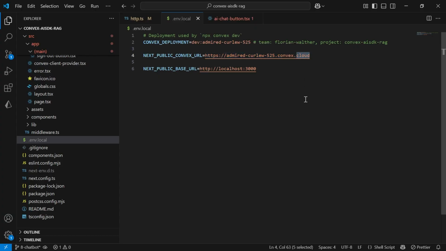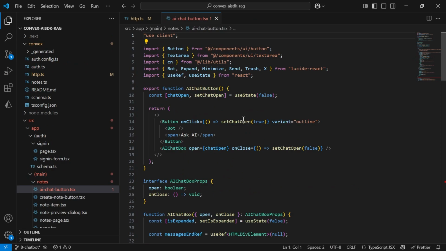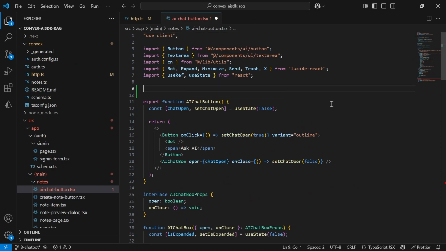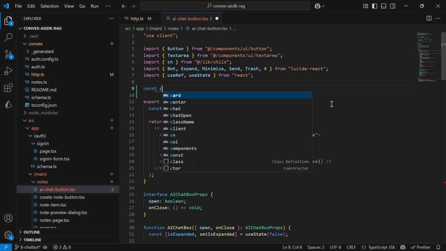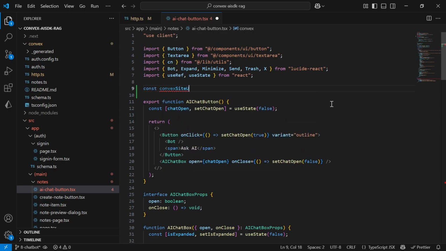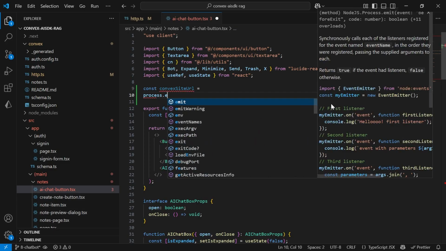Instead of .cloud, this should say .site, but we don't want to change it here. We need this one. We just copy the name of the environment variable, NEXT_PUBLIC_CONVEX_URL, back into the AI chat button, and then above the AI chat button function, we create a const. Let's call it convexSiteUrl. We take this environment variable via